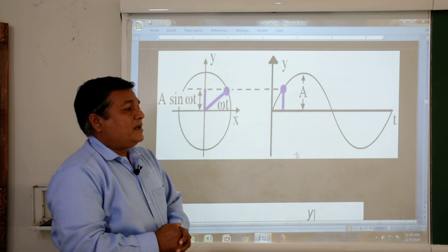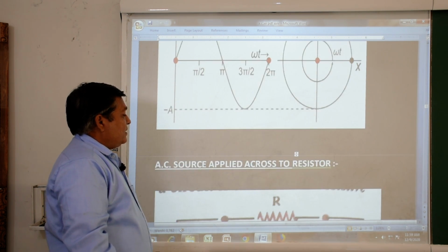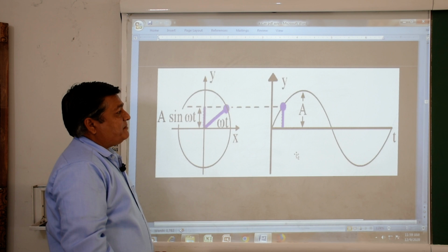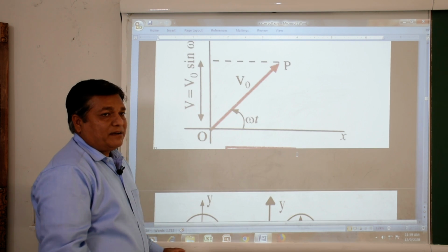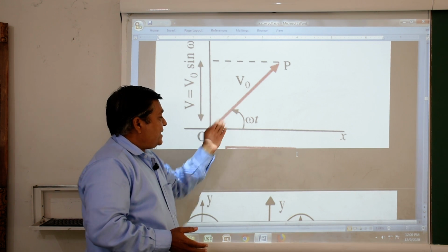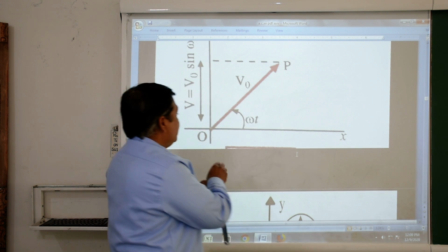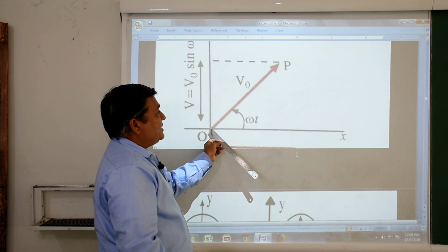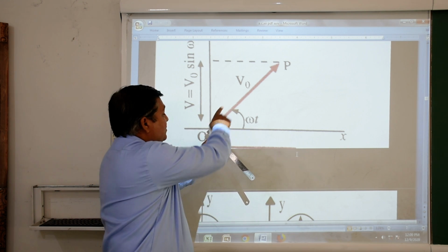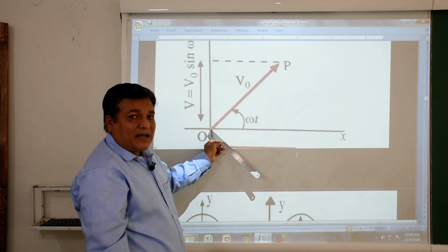We can consider the difference between the phase angle between this voltage and current to be said the phase difference. And how much phase is made, we can consider that sometimes for current or EMF, there is a difference between the phase made by the EMF, it will be ahead of current by 90 degree here. So, when V naught is this one and I naught is this one, suppose there is a position of I naught here in this particular phase. So, the angle between V naught and I naught will become 90 degree. So, there is a phase difference between V naught and I naught, and we can say that V naught is 90 degree ahead of current I naught.